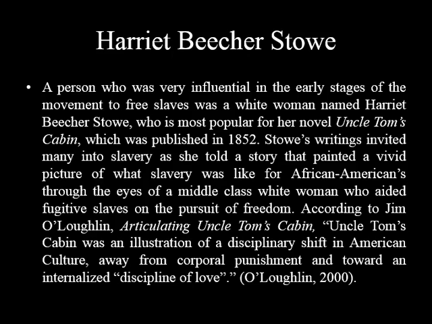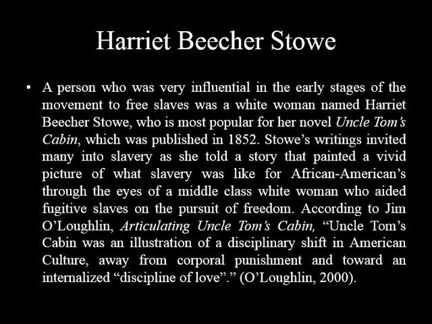movement to free slaves. She was a white woman named Harriet Beecher Stowe, who is most popular for her novel Uncle Tom's Cabin, which was published in 1852. Stowe's writings invited many into slavery as she told a story that painted a vivid picture of what slavery was like for African Americans through the eyes of a middle-class white woman who aided fugitive slaves on the pursuit of